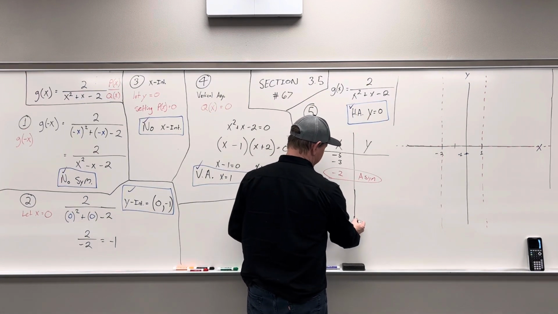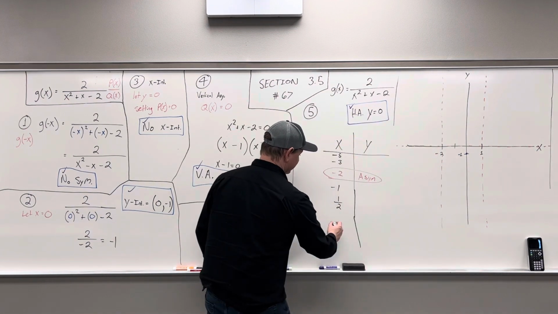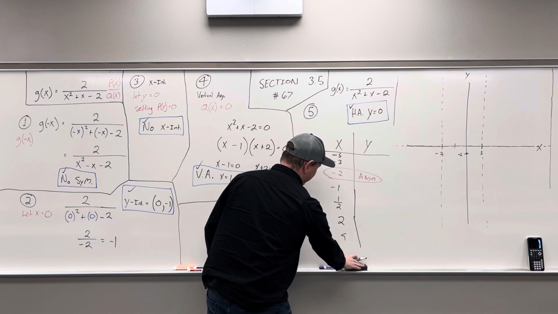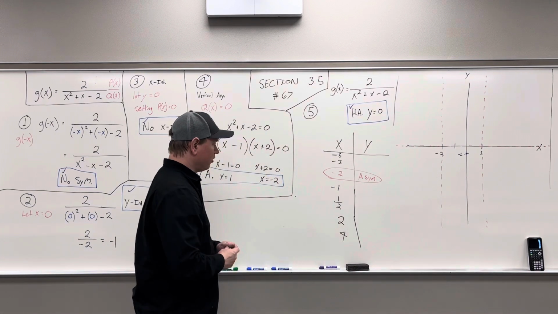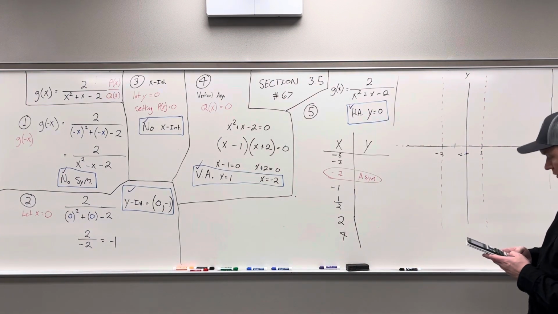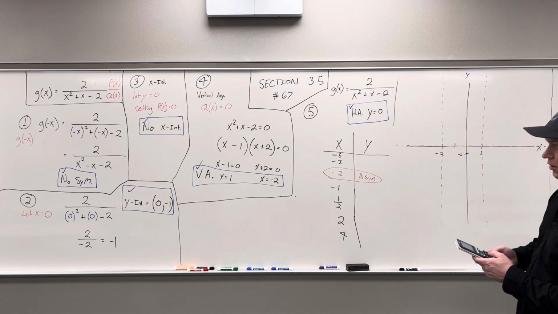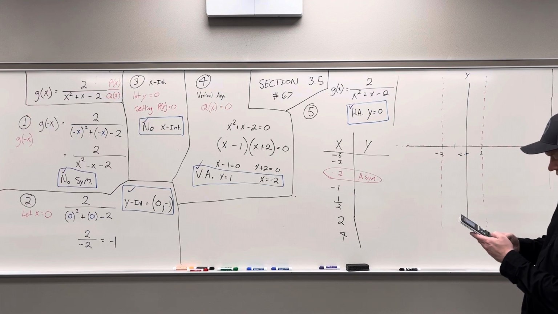And then I'm going to come to the right here, and I'm going to put in something like 2, and maybe 2 and 4 or something. You know what I mean? Kind of stretch it out a little. Okay. So I'm just going to do a little calculator work so I don't make a mistake, and I'm going to plug in these values here,